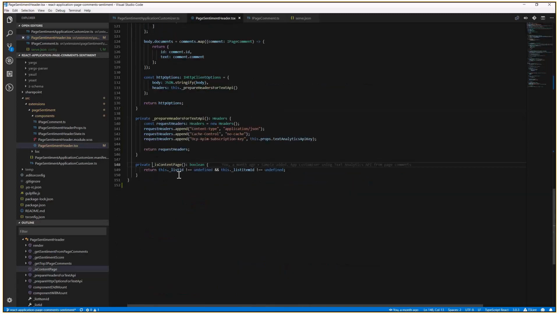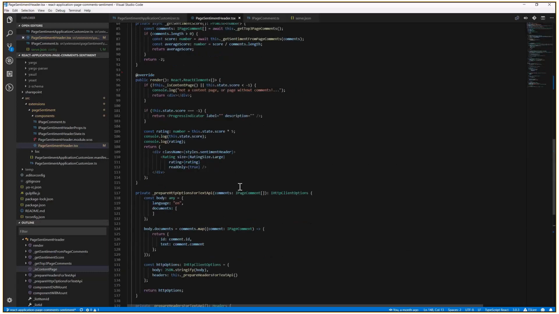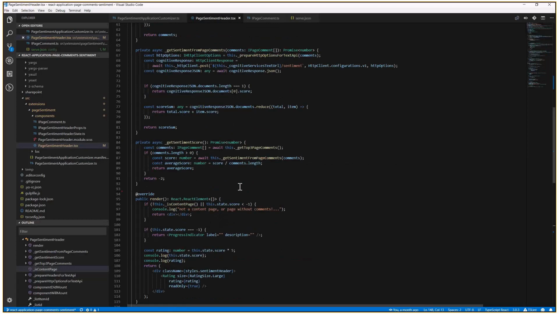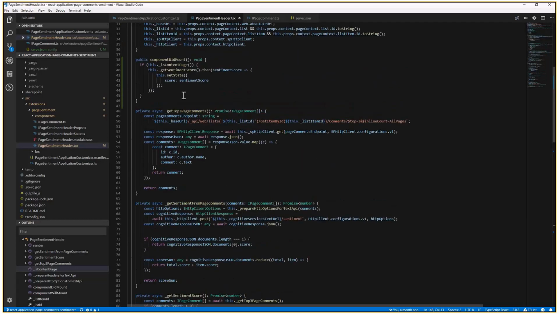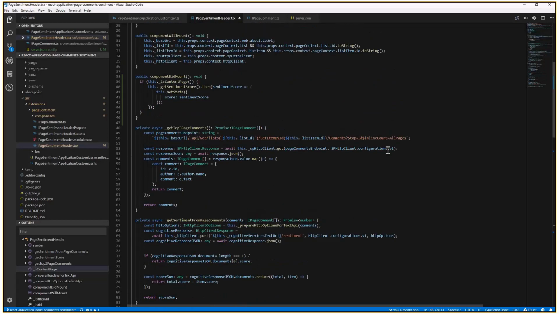Here I'm just checking if we have a specific list ID and list item ID. And if so, then we need to get the comments of the page. To do that, we have a function here, get top 3 page comments, just getting the top 3 comments for this sample. So we can use the SharePoint REST API, getting the specific page and the comments endpoint,